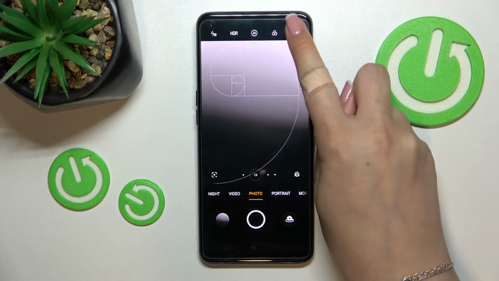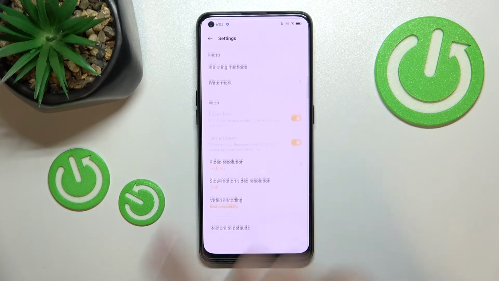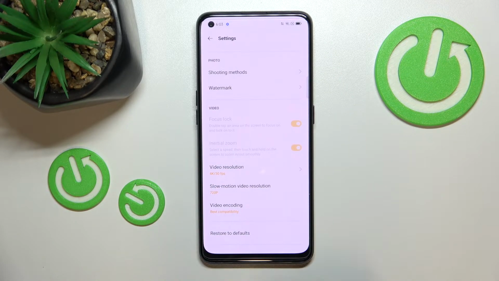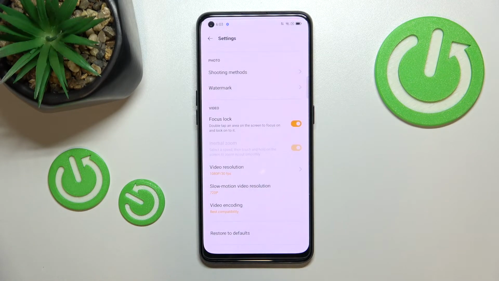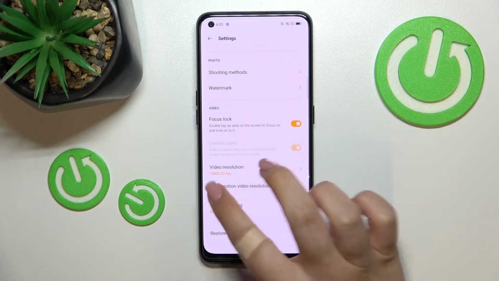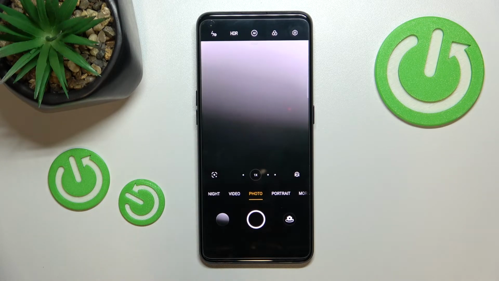So let's enter the settings, which are in the right upper corner, and here we have to scroll down to the very bottom to find restore to defaults. Let's tap on it and tap on it again, and as you can see, actually nothing happened, but after getting back to the camera, you can see that this golden spiral immediately disappeared, which means that we just successfully reset